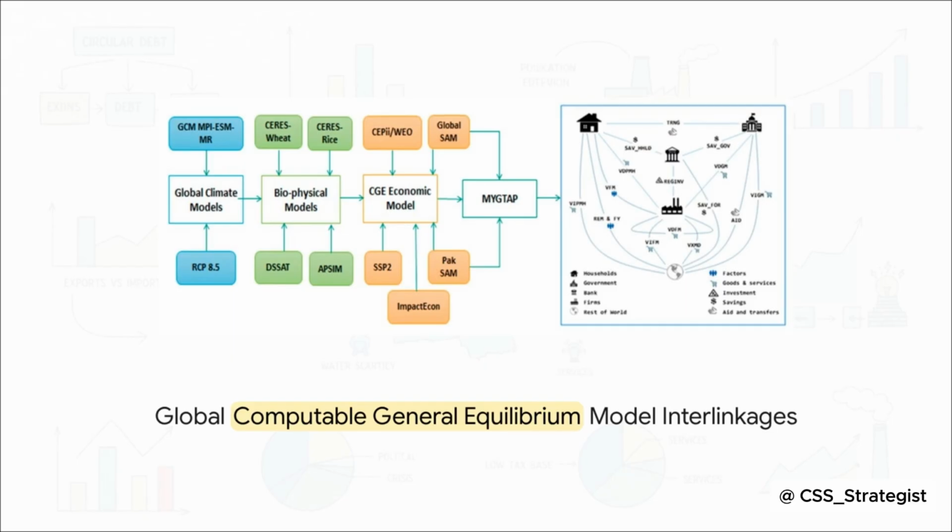Ultimately, top-tier policy analysis requires you to see the entire board at once. It's like a global, computable general equilibrium model. Everything is connected. Households, the government, banks, firms, and the rest of the world. Think about it. A shock in agriculture caused by climate change alters firm production, right? That then alters household income, which affects government tax revenues, which then severely limits social spending for programs like BISP, which ultimately exacerbates the human capital crisis. Grasping the circular flow is exactly the level of analysis expected of a future top-tier bureaucrat.